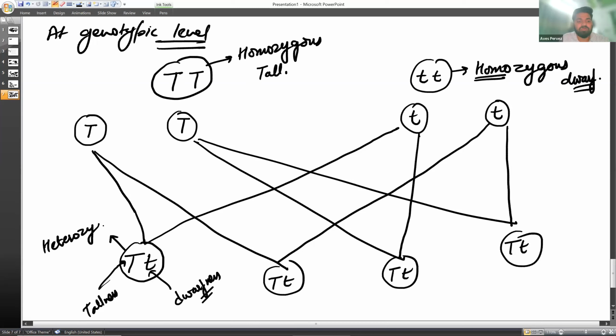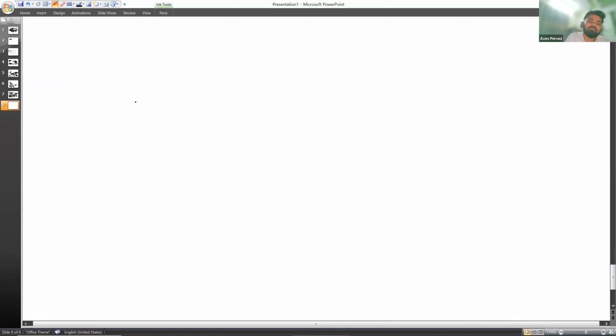Heterozygous tall. He called it heterozygous tall. Hetero means different. And still the plant is tall. So here the concept of dominant and recessive arises. The concept of dominancy and recessive gene arises. That this plant which is heterozygous tall,